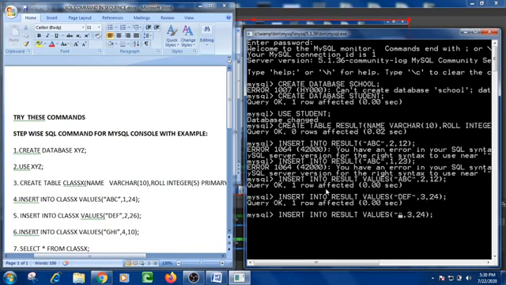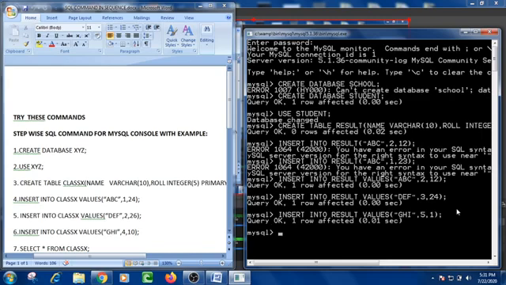Suppose that I am changing GHI, roll number. Suppose that I am giving the roll number 5 and suppose that rank is 1. Okay, now suppose that I have entered that much record.